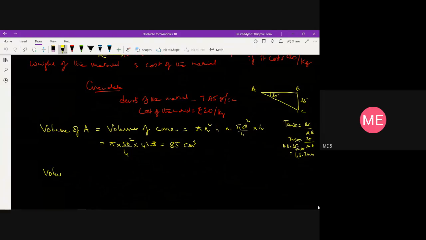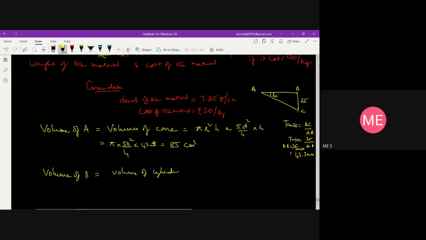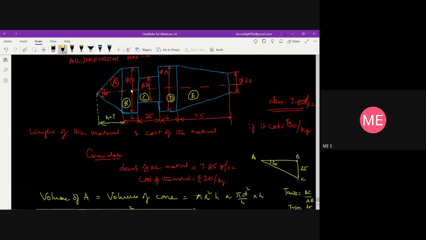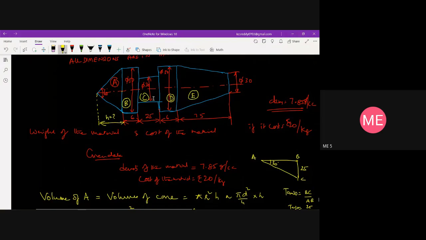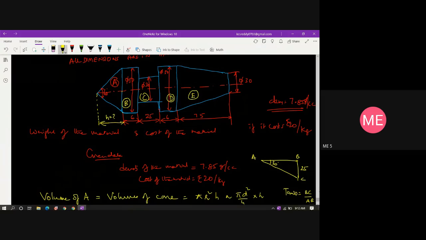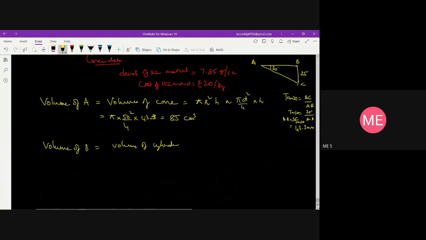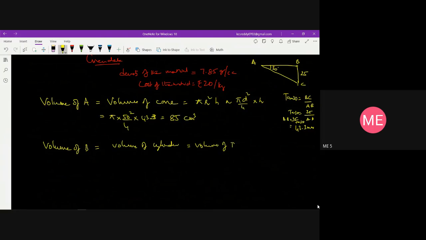Similarly, volume of B. Volume of B forms a cylinder, right? So it is nothing but volume of cylinder. If you look at the diagram, B looks like a cylinder. B and D, even C, all three look like cylinders. So B and D are equal here. So I can find out the volume of the cylinder. This is equal to volume of D also. Volume of the cylinder is equal to pi d square by 4 into L,